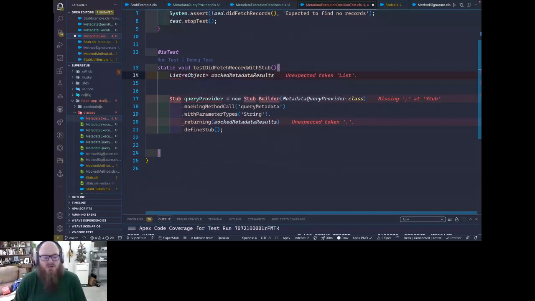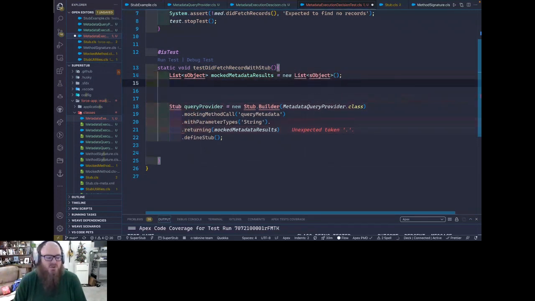Mocked metadata results is equal to a new list. Subject. Yeah, that'll work. And then what we can do is we can say mocked metadata, and we're going to add